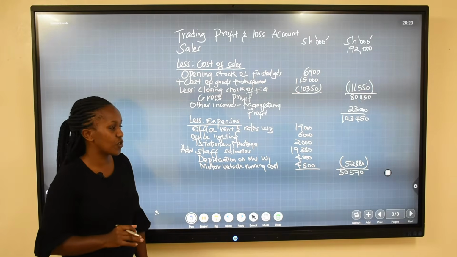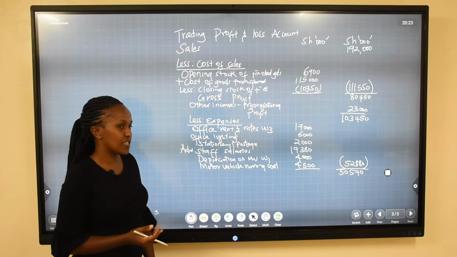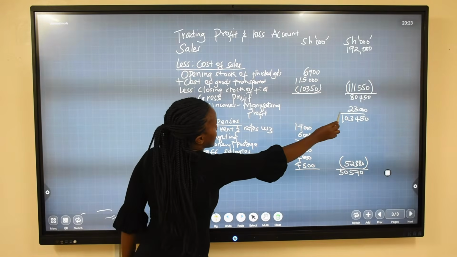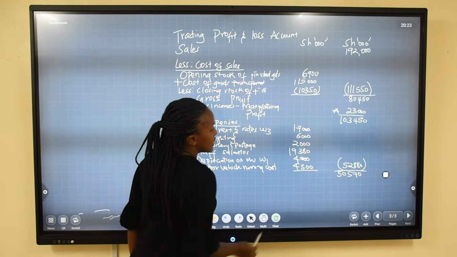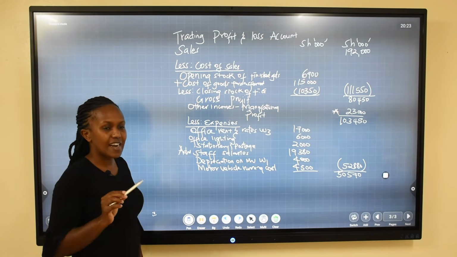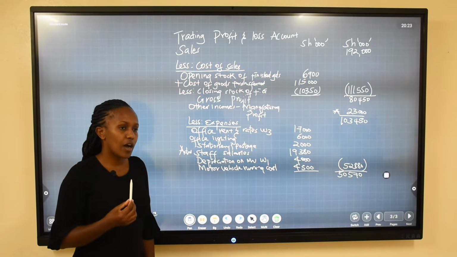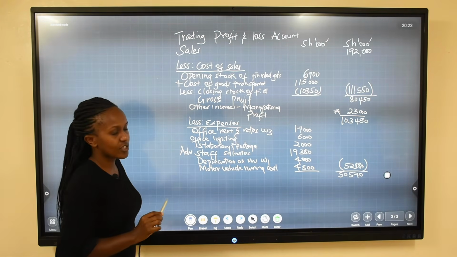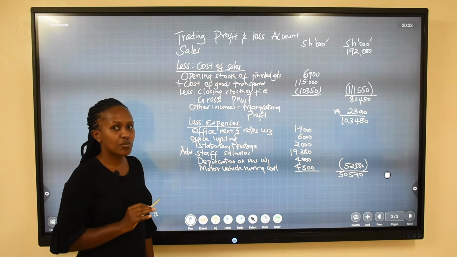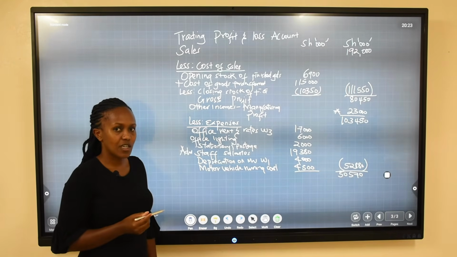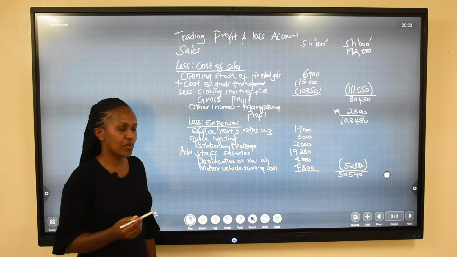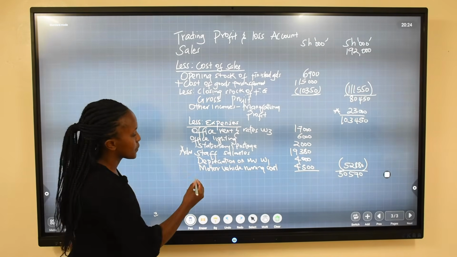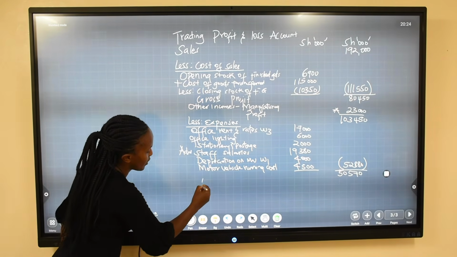not overstate your profit or your assets, neither should you understate your liabilities. Now, this manufacturing profit here we added 23,000. It represents some component of unrealized profit. For as long as some of the commodities are still not sold, they are still in the closing stock, those items that have not been sold have a component of unrealized profit. So what we do to adjust for that, we are going to add